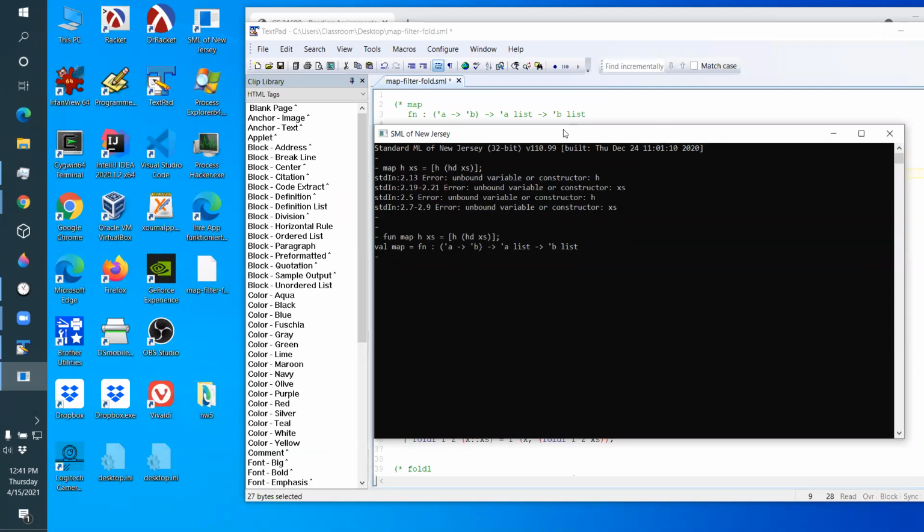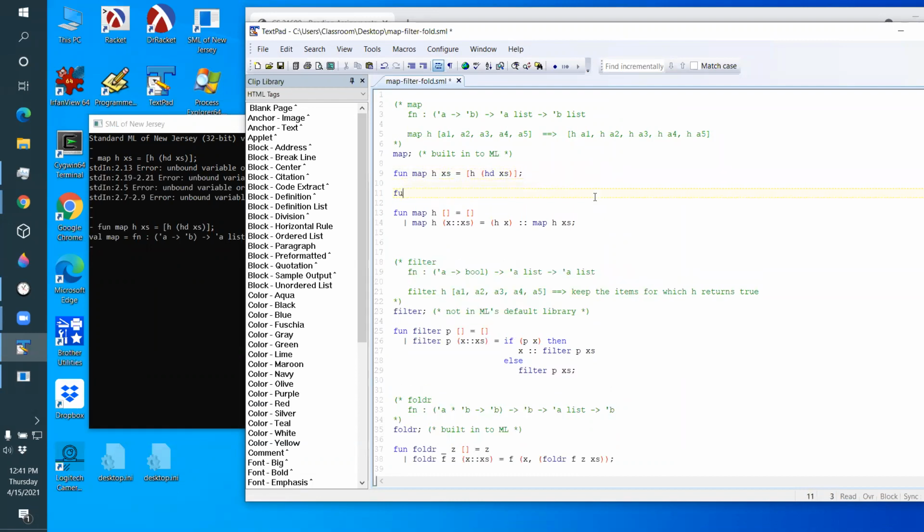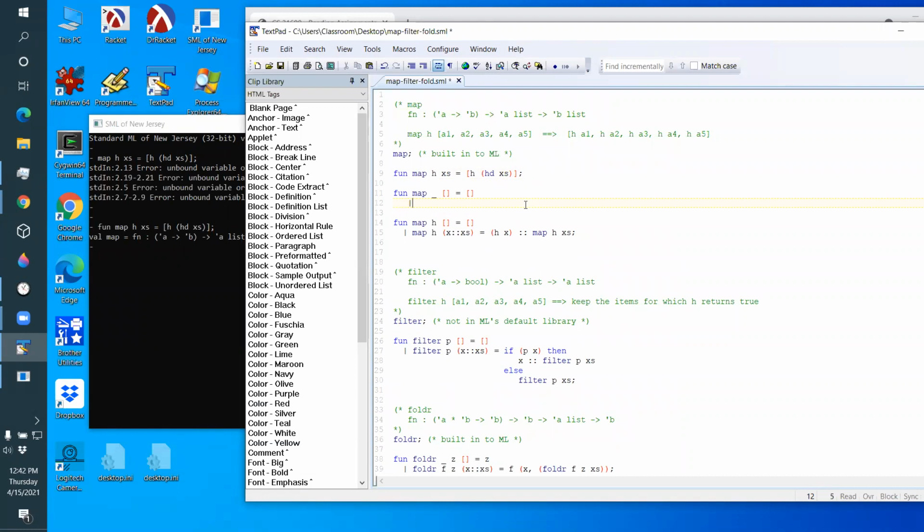Another way to write that would be with pattern matching, so let me write it with pattern matching. The function map on where I take h. Well, what if you give me the empty list? If you give me the empty list, I don't even care what this function is. I'll just give you back an empty list, and I'll satisfy this signature. So if you give me the empty list, it doesn't matter what the function is, I'll give you back the empty list. On the other hand, if you give me a non-empty list,